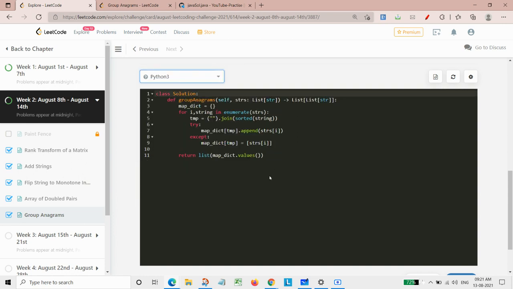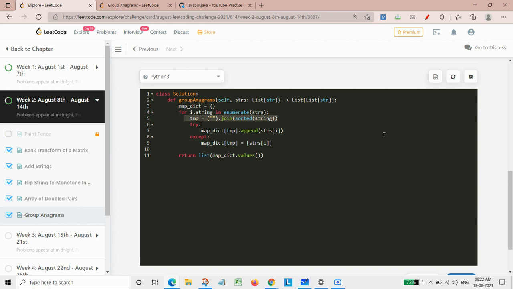Now for Python, we are simply making a dictionary, because in Python we need to make a dictionary. So for i and string in strings, we are simply joining it into the stem. In the stem, we have the string in the sorted manner itself.